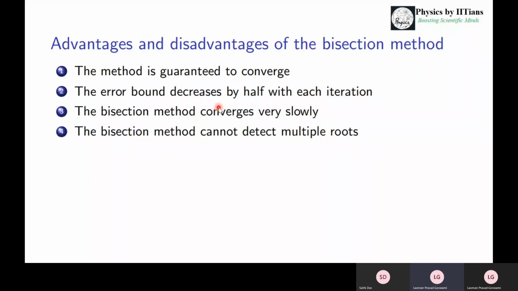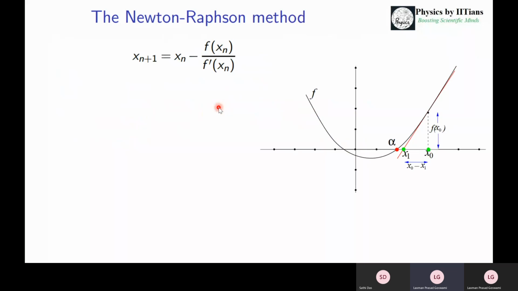The next method that we will discuss is the Newton-Raphson method. Newton-Raphson method has a very big advantage. We will discuss it later. The generalized equation of a root is given by x(n+1) equals xn minus f(xn) divided by f dash (xn). So here we have the function and its first derivative. We only need a single point to proceed with the next iteration. The next point will depend on the previous one point. There is no need of two different points. So if we have the x0 point, then we will have x1, then x2, and so on.